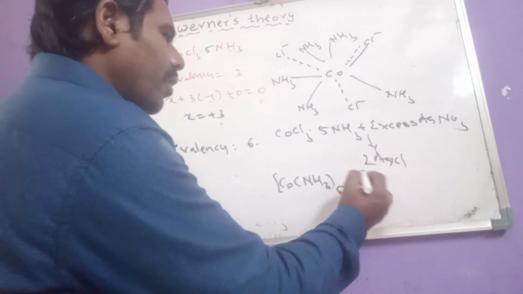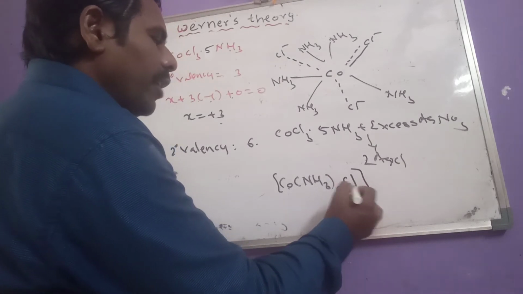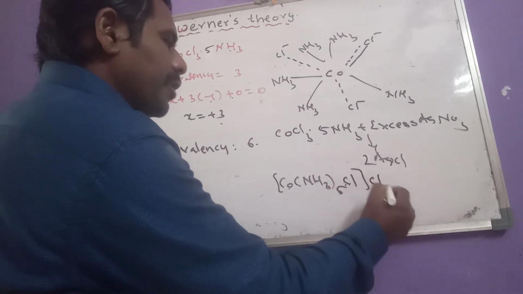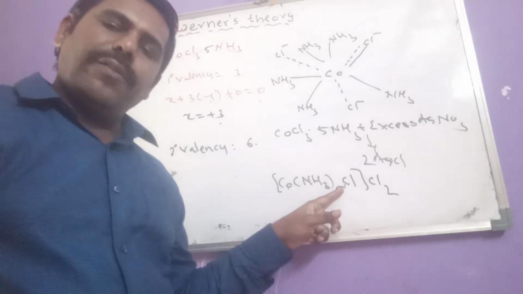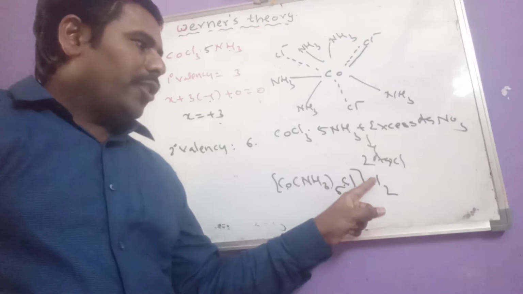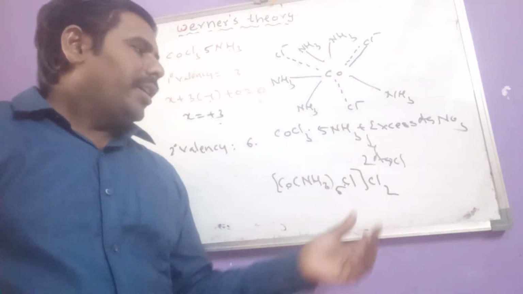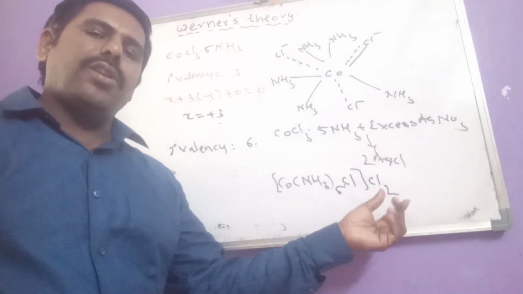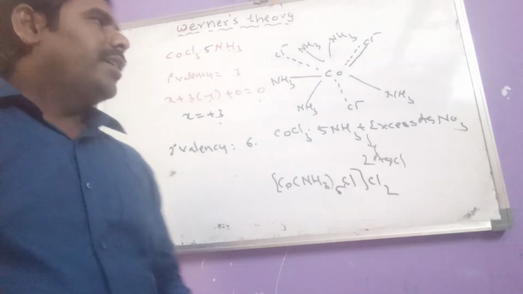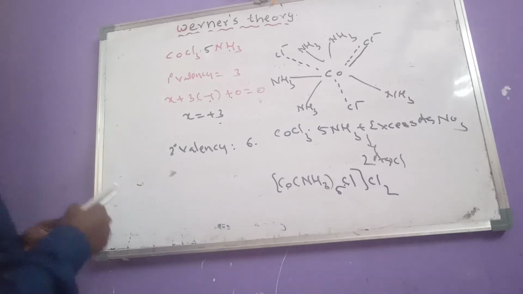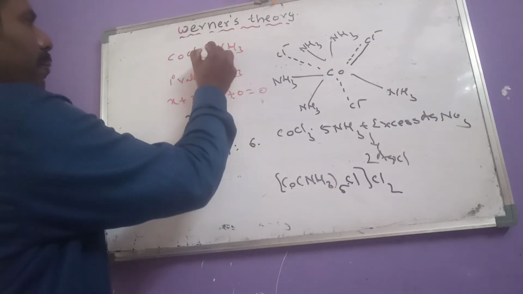So what happened now? We called one of the chloride ions into the coordination sphere. Now one chlorine gets into the coordination sphere. 2 chloride ions are only present in the ionization sphere. So these chloride ions only now precipitate as AgCl. Okay, now let us see another complex compound,